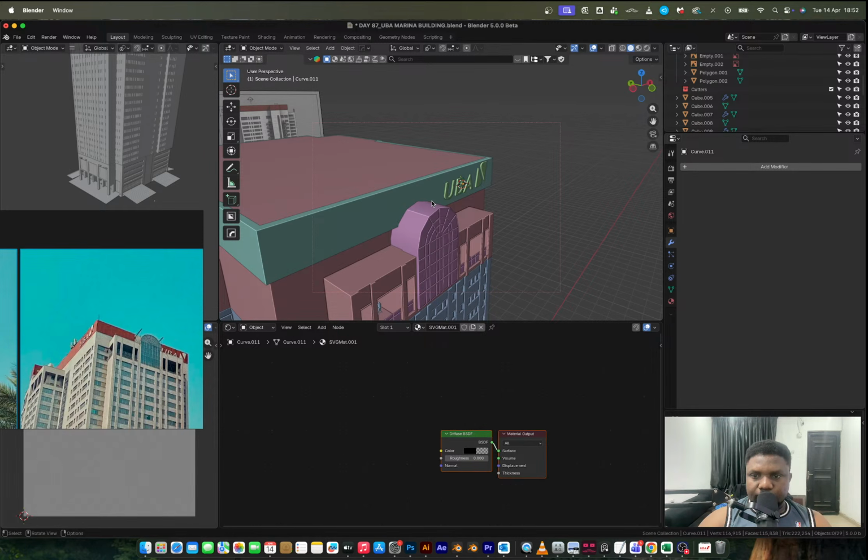Apply mirror and then add a new material. Cool. Apply mirror. I'm going to add in a new material. That's this. Same will go with this. Add in a new material. But this right here,